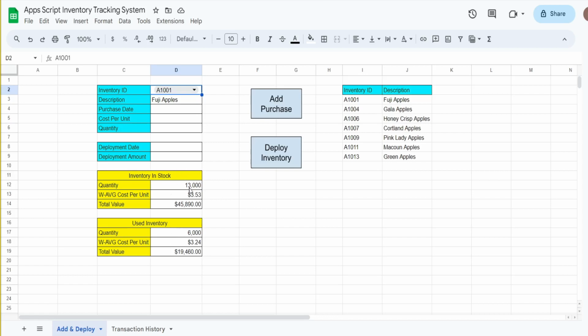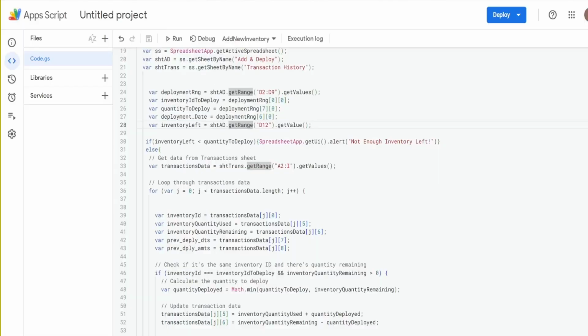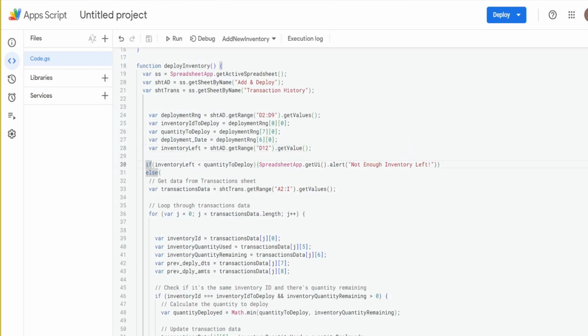Because what we're going to do next is test to make sure that the amount input to be deployed here is less than or equal to the quantity in stock, because we don't want our script to run if we input something that's greater than what we have in stock. So that takes us to this if statement here, which is doing just that. If the inventory left variable is less than the quantity to deploy, then what we want to do is